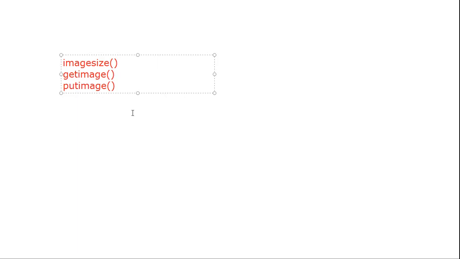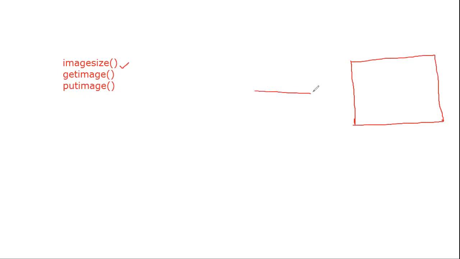So first of all, let us understand what is imagesize. Basically we have a screen and we have a memory.